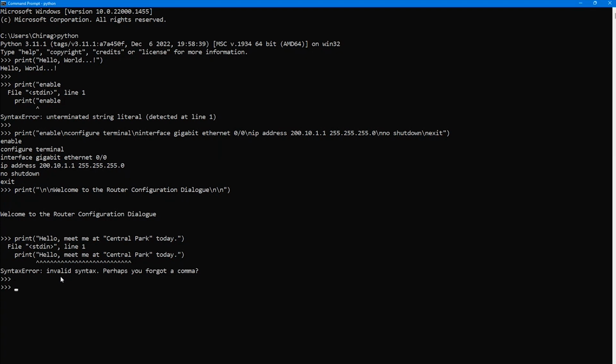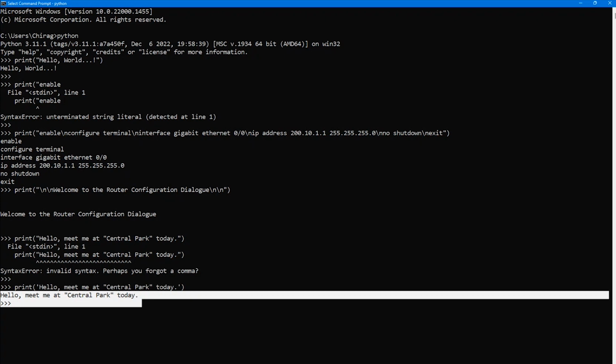In such a scenario, you can replace the double inverted commas with single inverted commas. So you'll say print bracket. Now, instead of using double ones, I'll use single ones and we'll say hello, comma, meet me at Central Park today. Close the single comma, close the bracket, hit enter, and we can see the statement was printed out without any error. The reason is